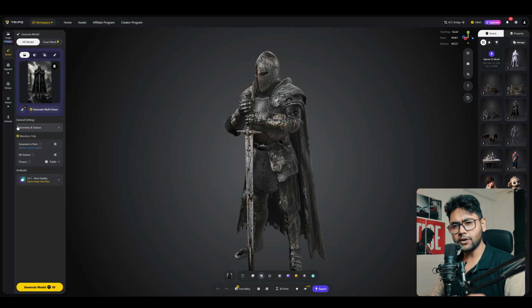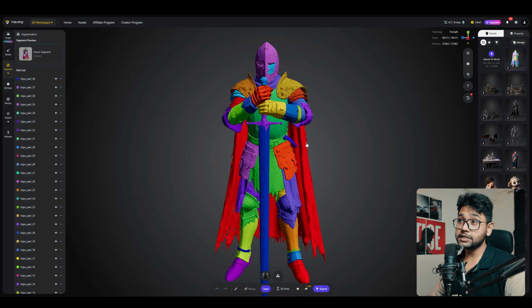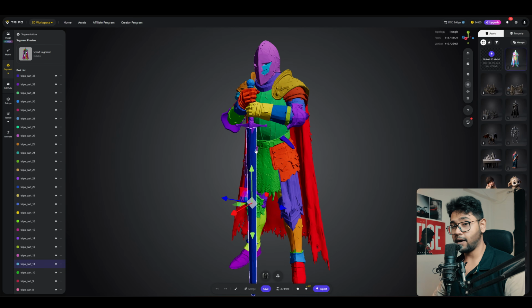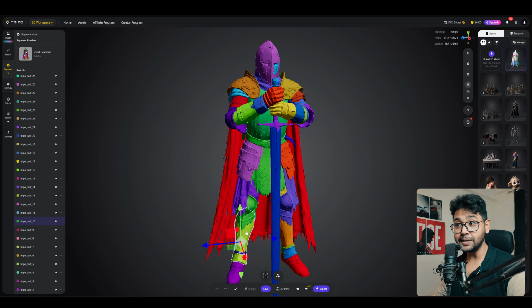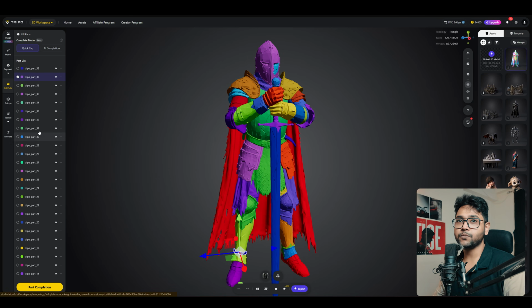Now let me tell you other options like the segments. If you go to the segments, you can actually split these models into multiple segments. So if you click this detailed one, you can just start generating in segments mode. Let me show you how exactly it will work. And now you can see it has already split it into multiple parts. Just look at this, you can actually select all these parts separately. Just amazing. You can create a model from a single image and the model can split into multiple parts. Wow. In the same way, you can fill the parts as well. Whatever parts you require, simply select and it will fill.